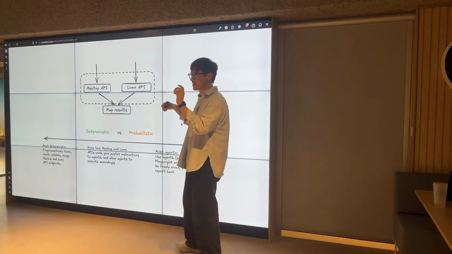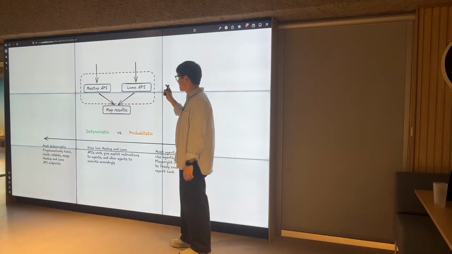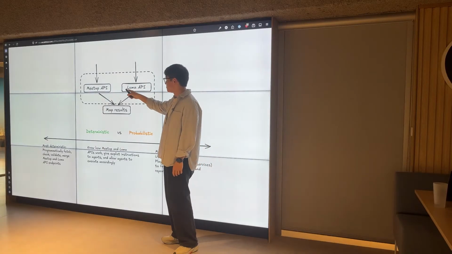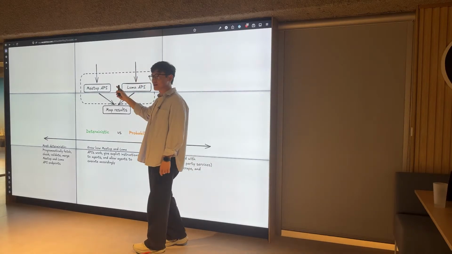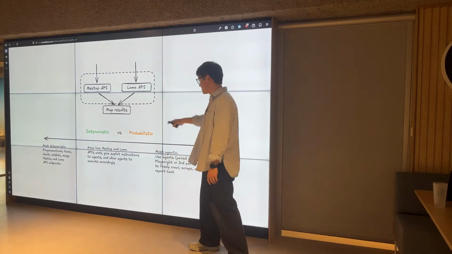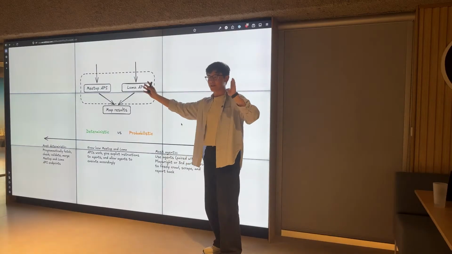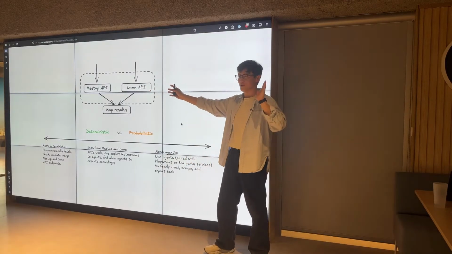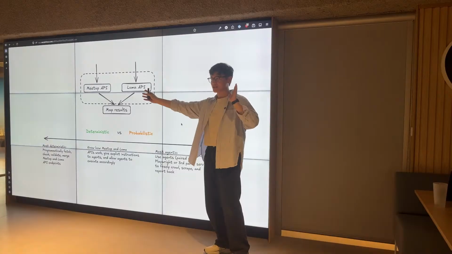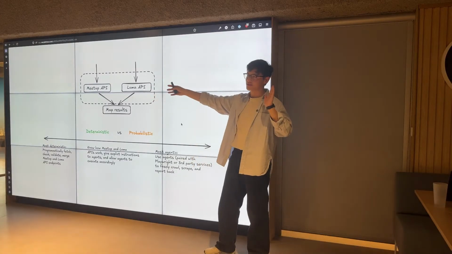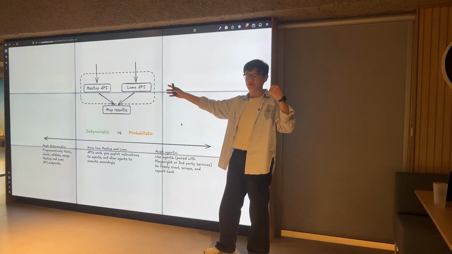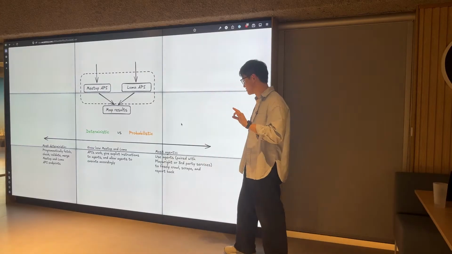The one part I want to discuss is when we are fetching the events APIs. How would you design that? Again, keep that spectrum. If there's one takeaway out of this talk, just think about that spectrum. How deterministic and how probabilistic do I want this system to be? Because here I have three options for you.